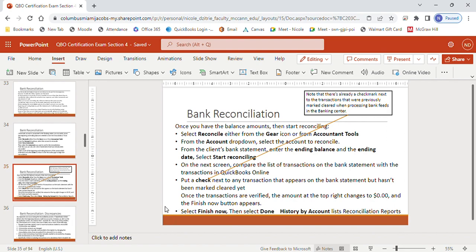Once the transactions are verified, the amount at the top right will go to 0. And once you see that 0, that's when you're going to push Finish Now. Select that Finish Now and then Done. If you want to look at any previous reconciliation reports, after you're done, you'll see this link come up, History by Account. It's a little blue link. You click on it and you'll be able to see your